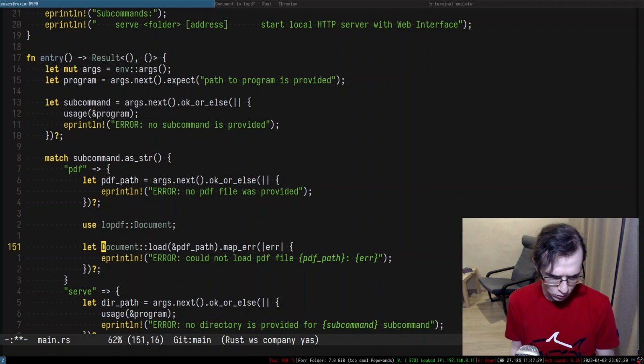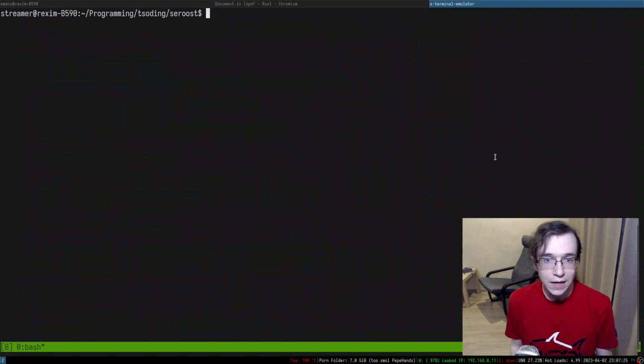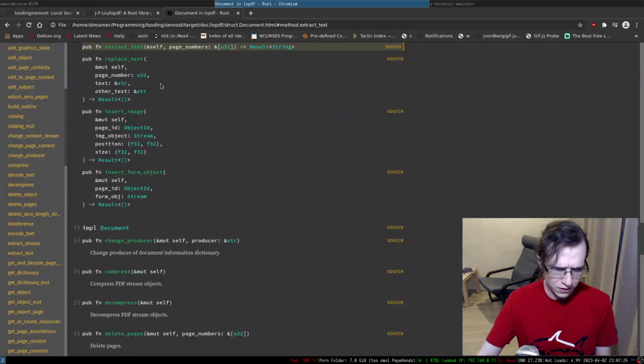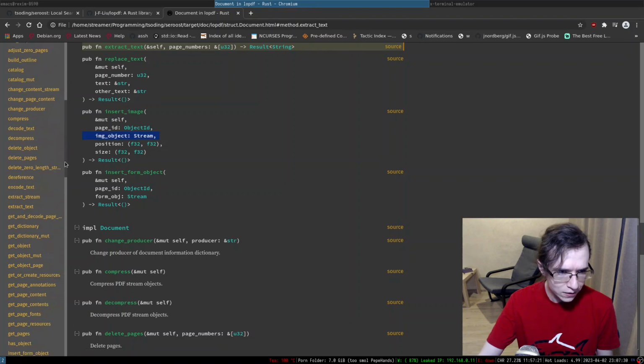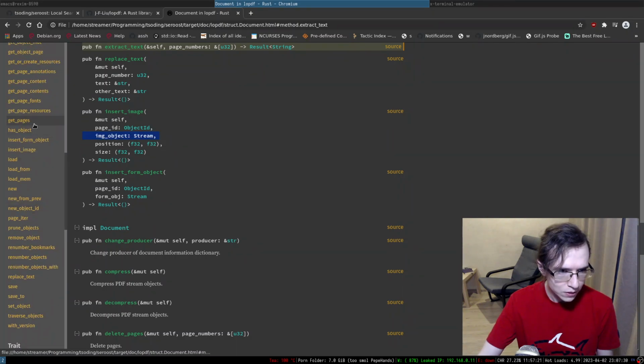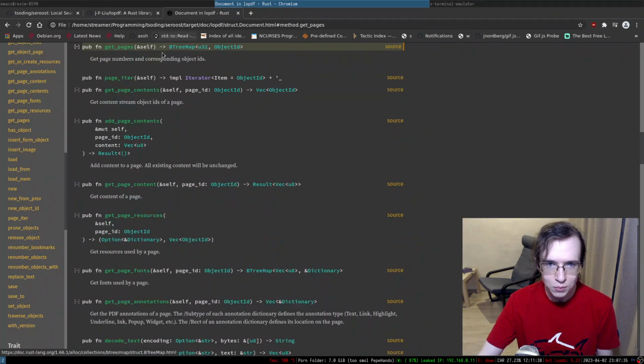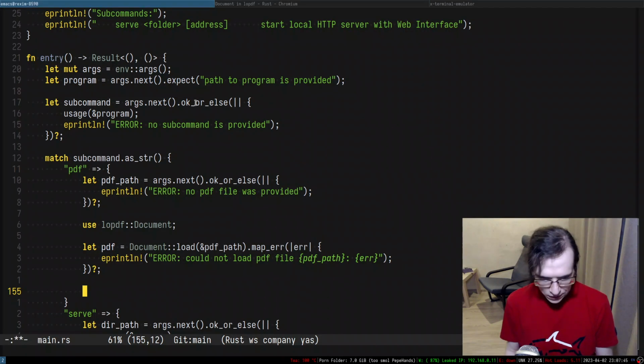So let me put it in here. So this is going to be the question mark. So this is going to be, I don't know, let's call it PDF. So this is a PDF path, and this is PDF. And we probably want to extract some sort of information, right? So there was a way to get pages, right? So yeah, let's get pages. And this is a B-tree map. And what I'm thinking is that, oh, so there's a page iterator. No, okay. So let's do PDF get pages,